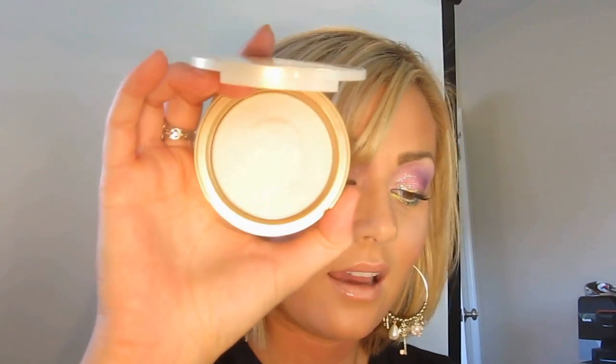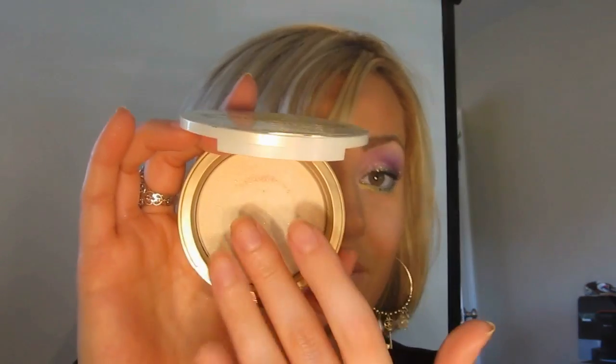I also love the Too Faced Absolutely Invisible Candlelight Powder. This is gorgeous. I kind of go back and forth with this because I usually like a little bit more of a noticeable highlighter, but if you think less is more, or you want something for your work week, or you just want to break into highlighters and you're not so sure about an all shimmery face, I recommend this. This is the Too Faced Absolutely Invisible Candlelight Powder, and it is literally a translucent powder with